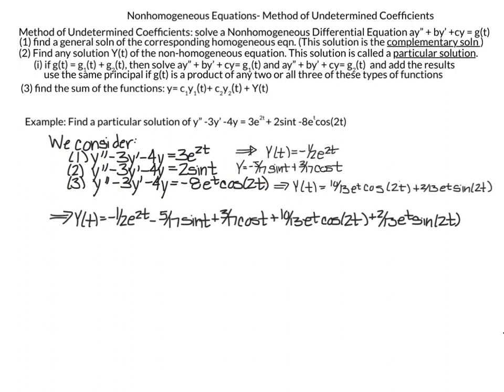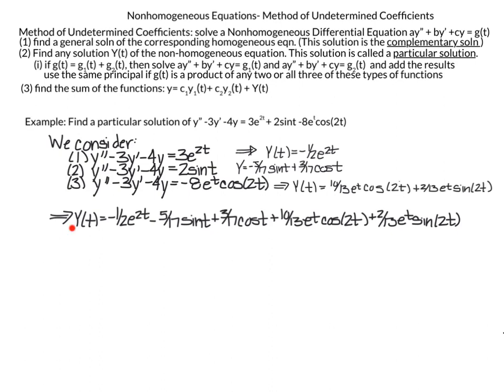If we look back at our last 3 examples, we saw that the solution for our first g1, 3e to the 2t, is equal to minus 1/2 e to the 2t. Our solution when g2 is equal to 2 sine of t was equal to minus 5/17 sine of t plus 3/17 cosine of t. And our last solution to this g3, which is minus 8e to the t cosine of 2t, was 10/13 e to the t cosine of 2t plus 2/13 e to the t sine of 2t, which means for this